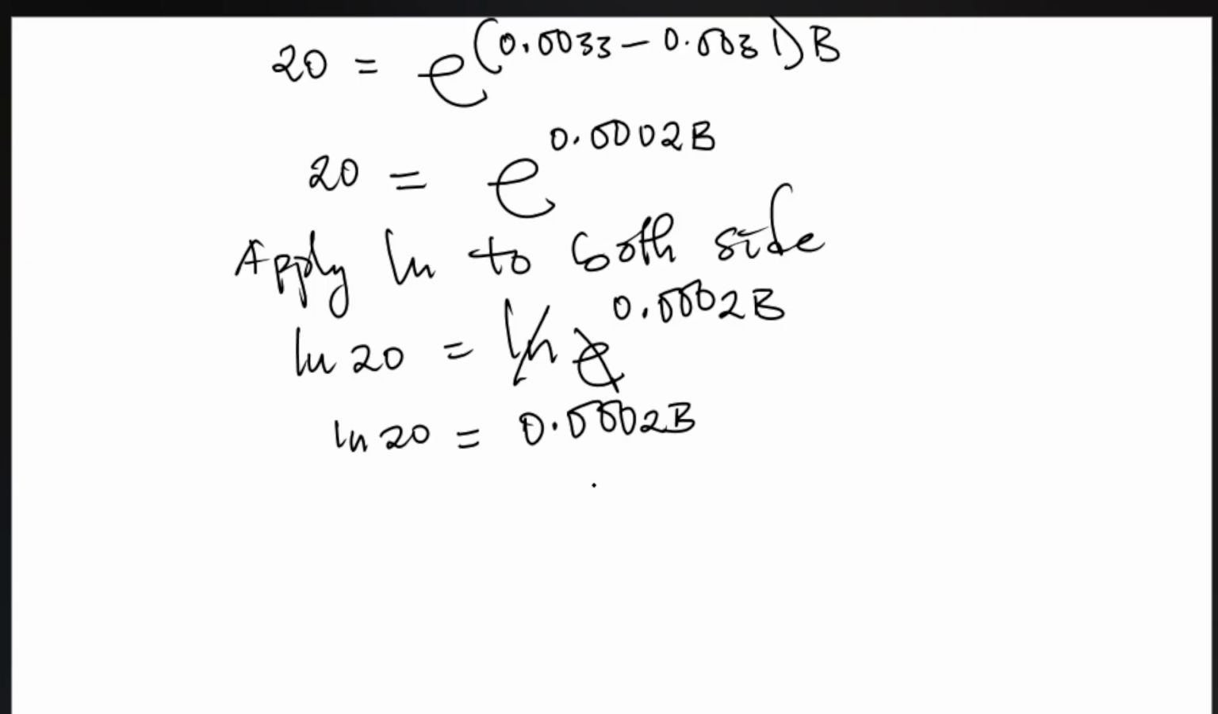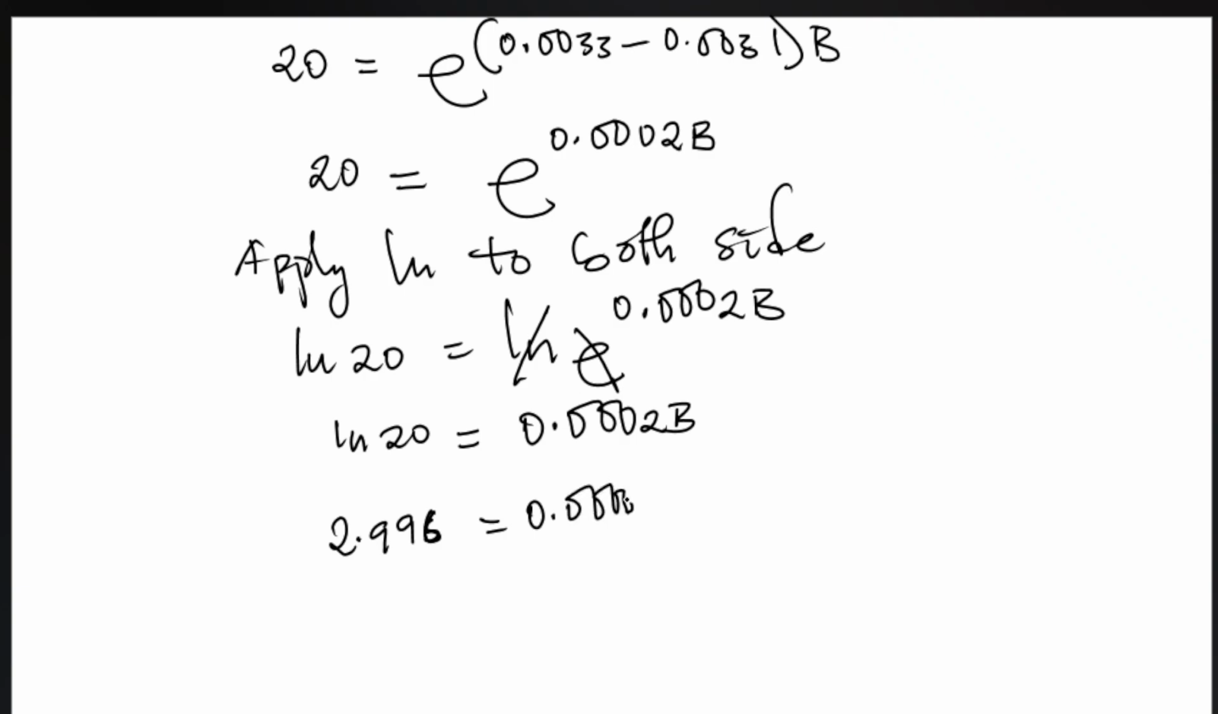0.0002b. Are we together? Now what do you do? You punch your calculator. What's ln b in your calculator? ln b will simply give you 2.99... The next value is more than 5, so you approximate. So it's giving me 2.996, and this will be equal to